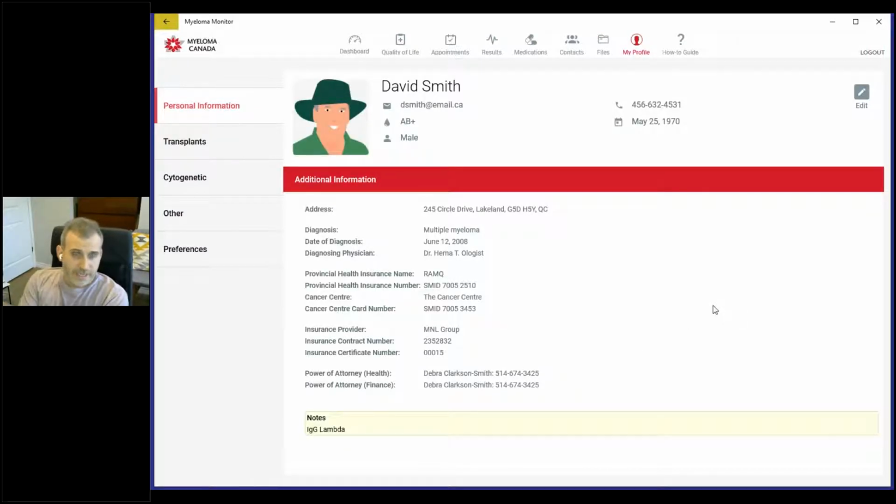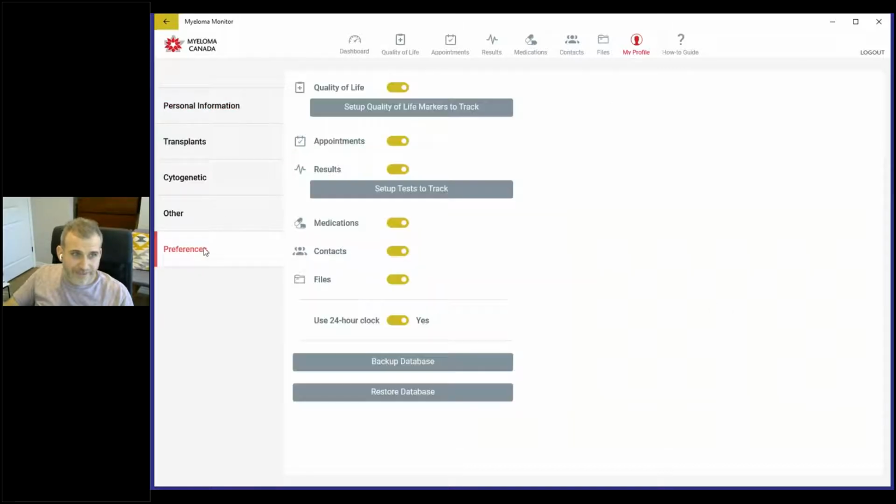So before we get to the actual My Profile, we'll go back to preferences. And I'd like to explain to you that you don't have to use every single function that the Myeloma Monitor has. It's meant to use what you want to use, and what you don't need, you can simply turn off. So you'll see here in the preferences section, right above the buttons that we were playing with before,